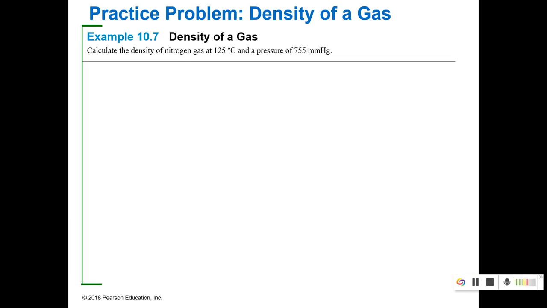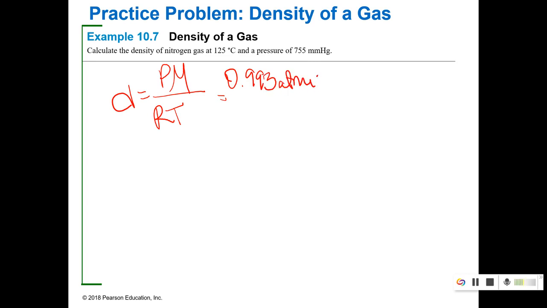All right, so let's calculate the density. Okay, so our density equation is P times the molar mass over RT. Don't forget, our pressure needs to be in atmosphere, so I need to divide 755 by 760. I get 0.993. It asks of nitrogen. Remember, nitrogen is diatomic, so it's 28.02 grams per mole